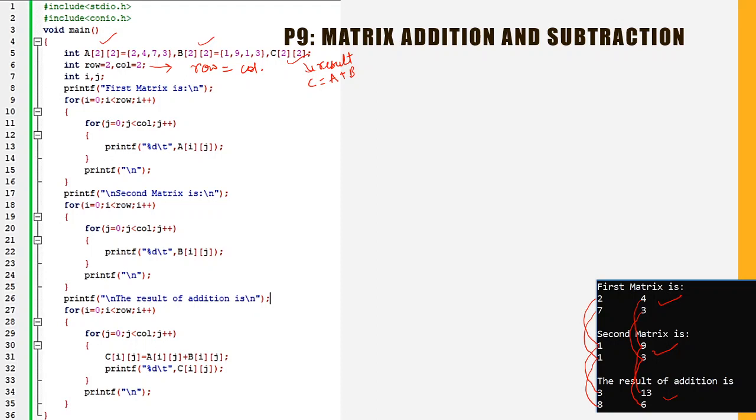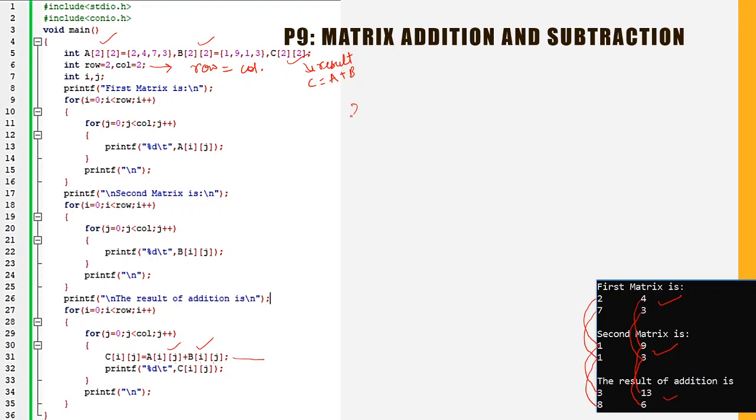Writing this is very simple in mathematics, but here you have to do it element by element, because the plus operator in C programming works on one element, or one integer, at a time. So you cannot do A plus B and directly add all the corresponding integers. No, you have to add the particular integers from the same indexes. You can see there is A ij and B ij, so they both correspond to each other.